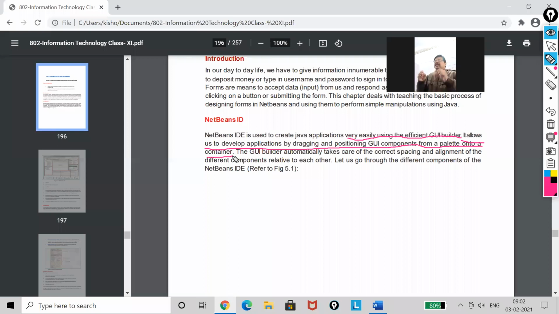Like suppose I want to write "enter your name", this will be my label box. That control I will bring onto my form. The GUI builder automatically takes care of the correct spacing and alignment of different components relative to each other. That I will discuss later on, my dear.